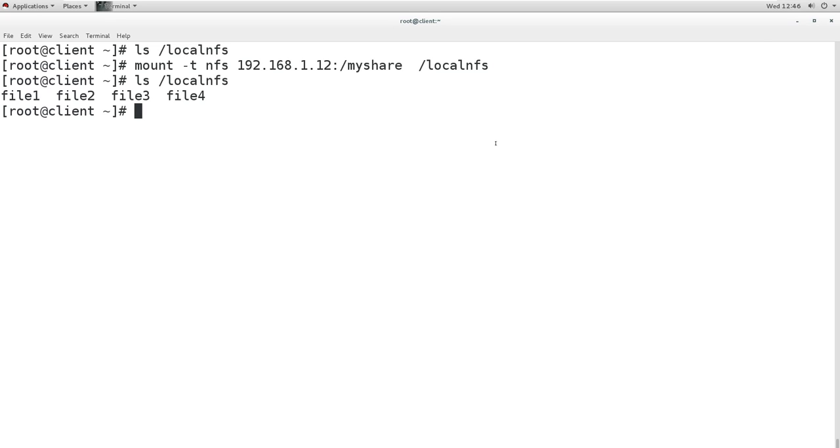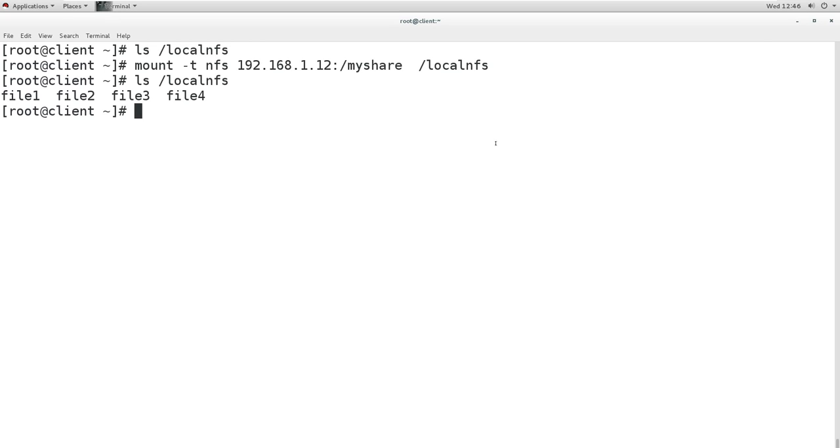That means anyone who can mount and access the directory, what can they do? Read write permission. We have not mentioned a user particularly. There is no option in NFS to mention any username. It has an option to mention the IP address or name of the host, that this host or that host can write or cannot write. But we have given the whole network read write option, so this machine can also write.